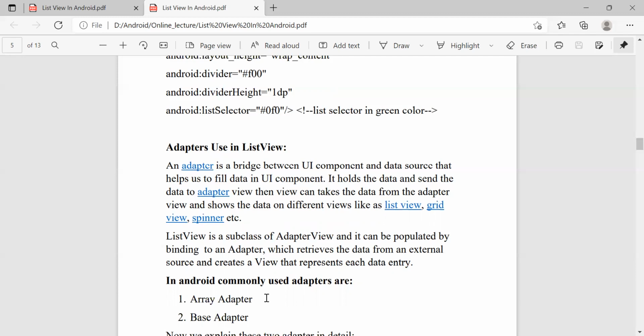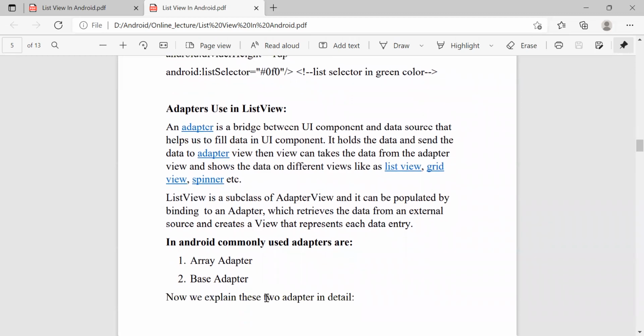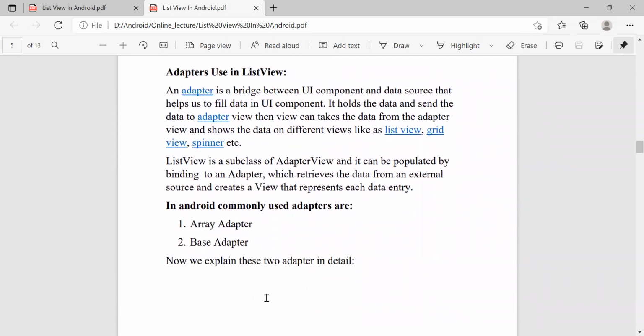It is the subclass of the adapter view, and the adapter retrieves the data from the external source and provides it to the list view. The list view will always bind with the adapter. Without this, it cannot show the items on the screen. So the most commonly used adapters are array adapter and base adapter. Array adapter is used to show single items, and whenever we want to show multiple items or multiple arrays, we use the base adapter.